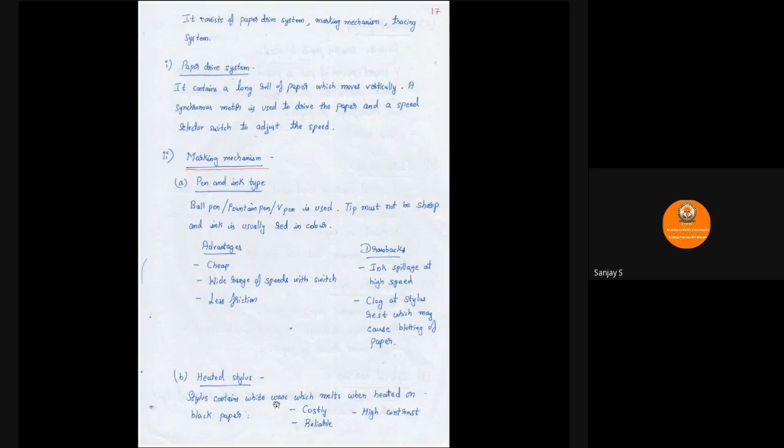Generally that is made of wax here, and when the wax melts, whenever it is heated, the melted wax is made to fall on the black paper. So here the ink mechanism is replaced by wax, and the heating is done based on the signal. This is costly but highly reliable, and there is high contrast since wax is white in color and the paper